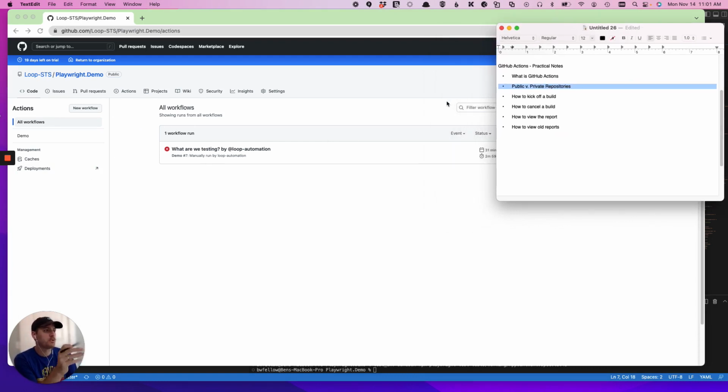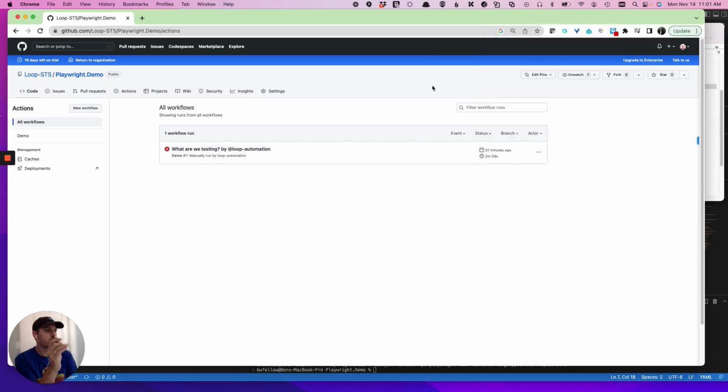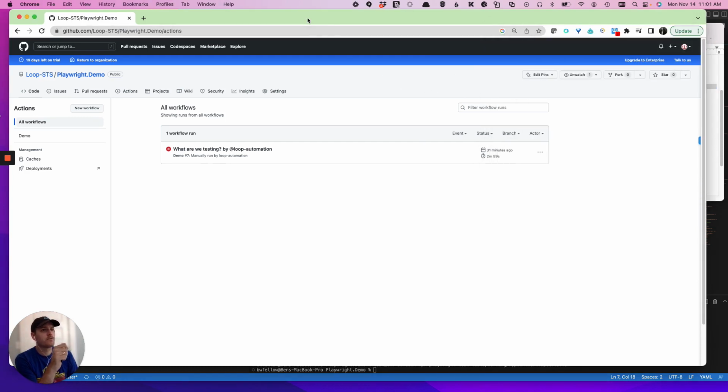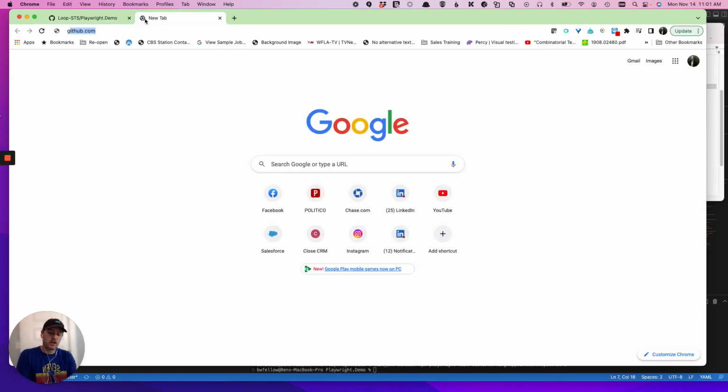There's going to be a couple notes, though, about public versus private repositories. So the first thing to note is that with private paid repositories, when it comes to GitHub Actions, there's a cap on the number of minutes that you can use. Public, though, there's no cap. You can basically run it forever. If we look,